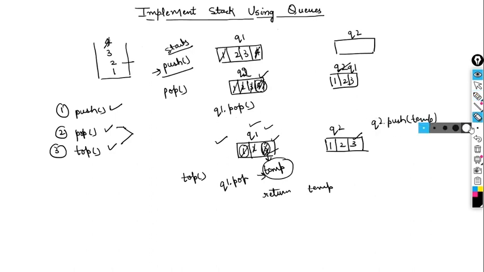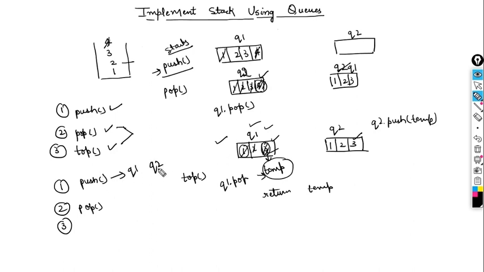So now let's check another case, in which I want pop and top operations to be the same, and I just want to change the push operation, right? So in this case, we'll be involving 2 queues, and in these cases, like we'll be working with q1 only. Okay, so now let's see how we can do that.